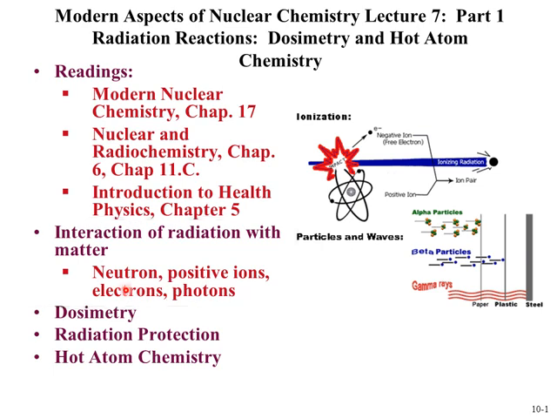Part 2 is going to discuss dosimetry, radiation protection. Those are methods and also some regulations related to how one protects oneself from radiation in the laboratory. And then we're going to close out this